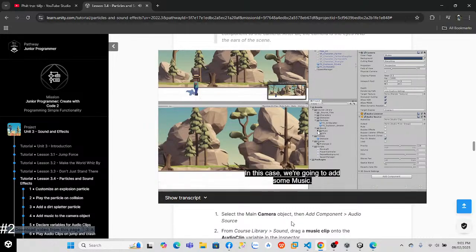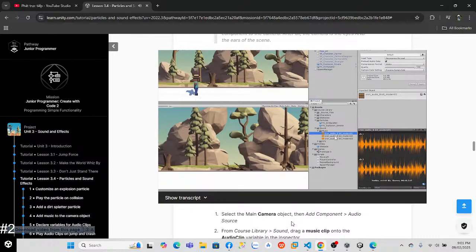In this case, we're going to add some music, and there's three different options that we can play from. You can see when you click on one of the effects, if we press play in our little preview,